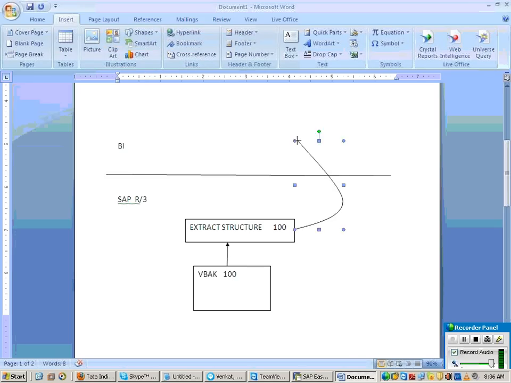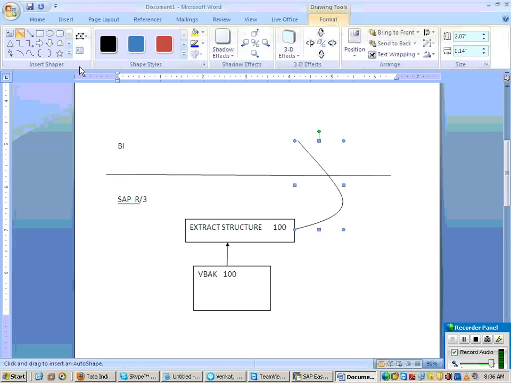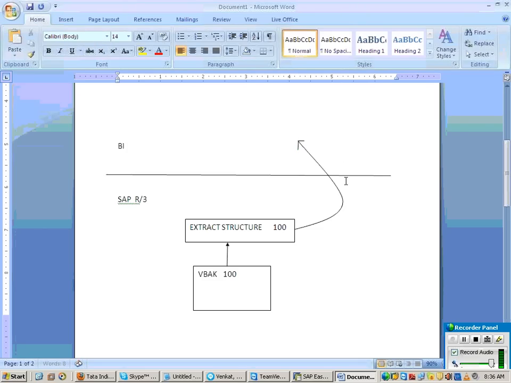So we will replicate the data source to the BI system.